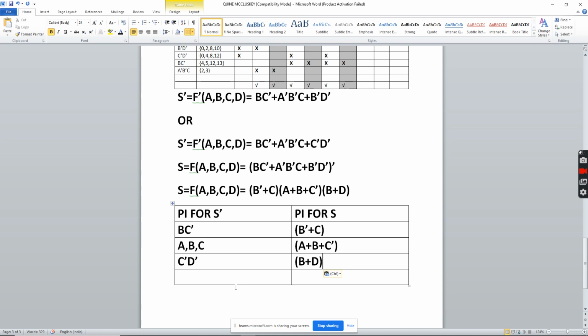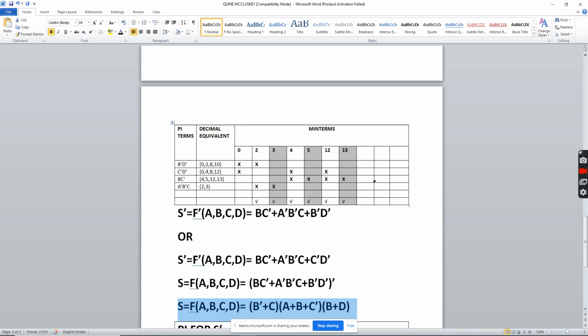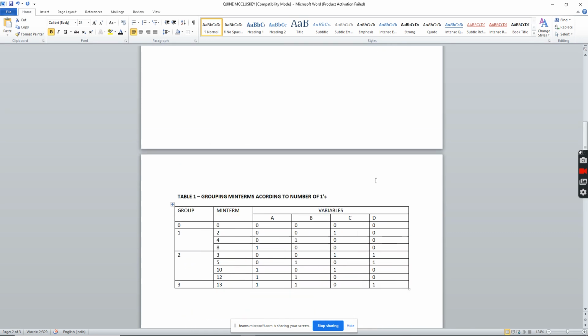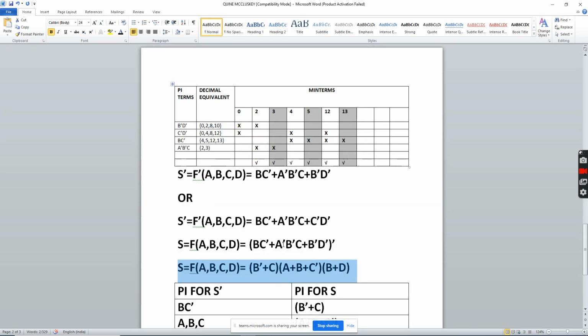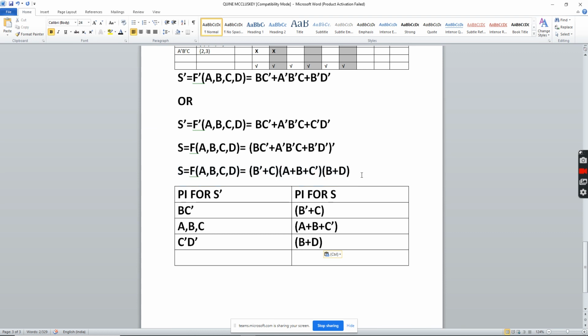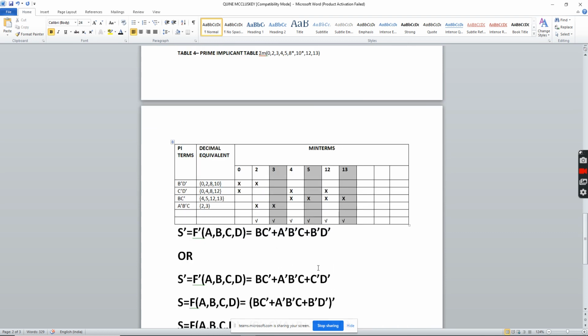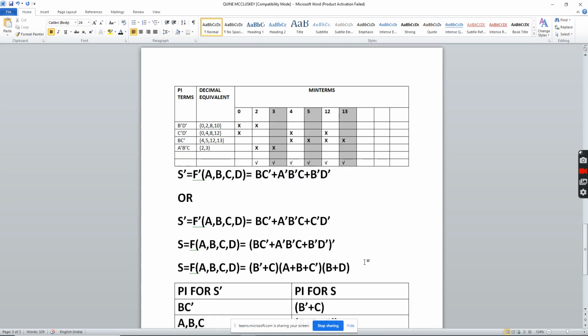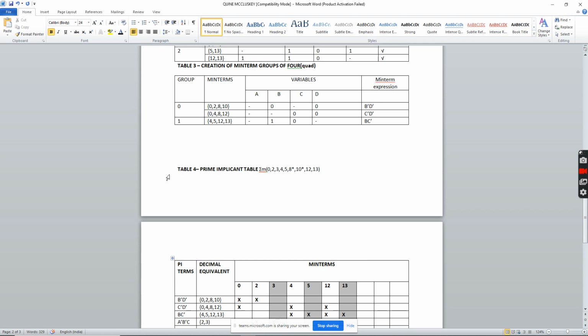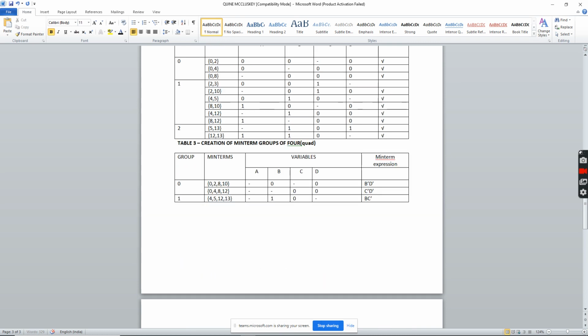This table is very mandatory, and if you don't solve this, your marks for the entire Quine McCluskey technique will be 0. The final thing which matters is the solution. And that doesn't mean that if you write this expression without solving any table, you'll get full marks; you'll get 0 only. So be very attentive while writing the answer. Hopefully this sum is clear for all of you.